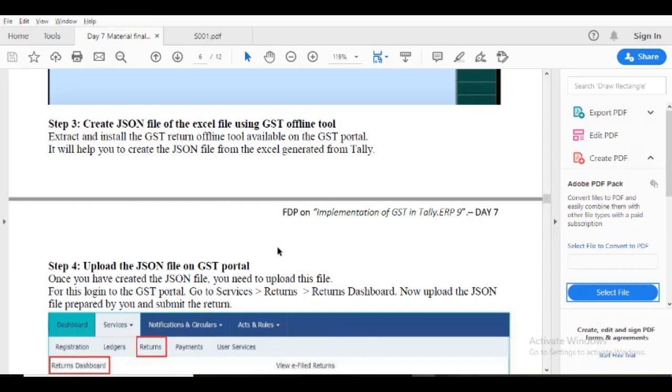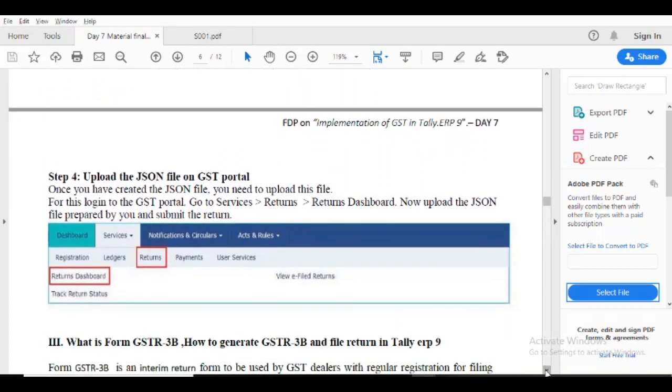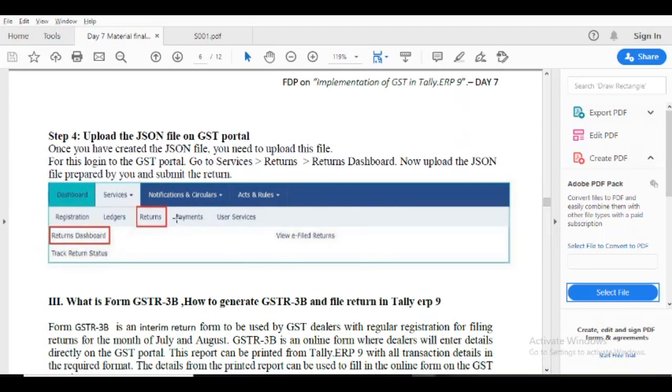Then we move to the GST portal, go to the return dashboard and upload it. Here the GSTR1 comes.